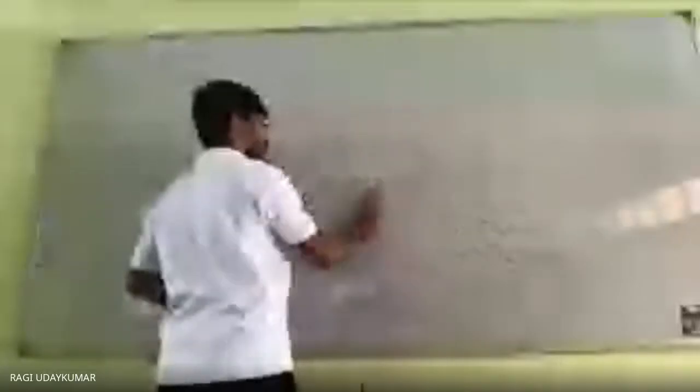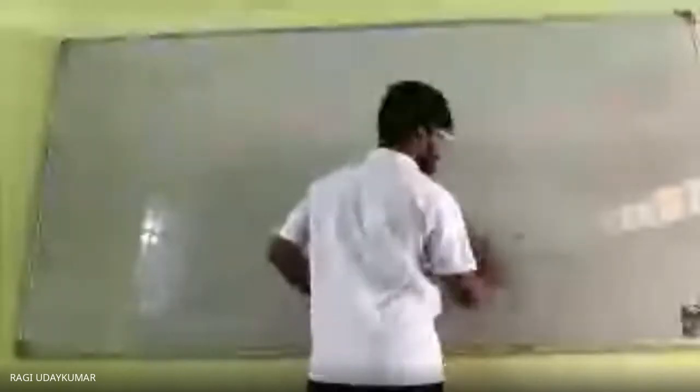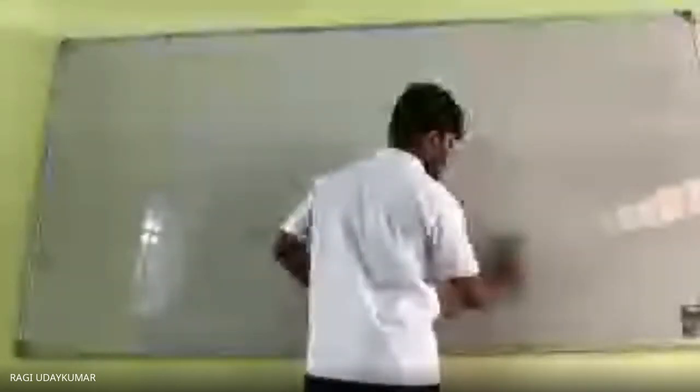So the next concept we are having is the adjoint. Why do we need it? We found the cofactors, but there is the adjoint matrix, with the help of which we can find the inverse of any matrix without using row transformations or column transformations. That is what we are going to learn in the next class.